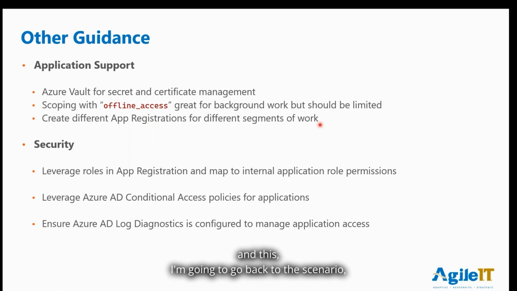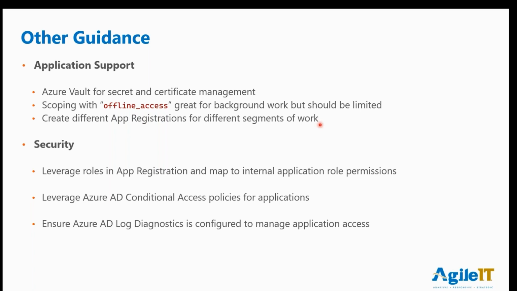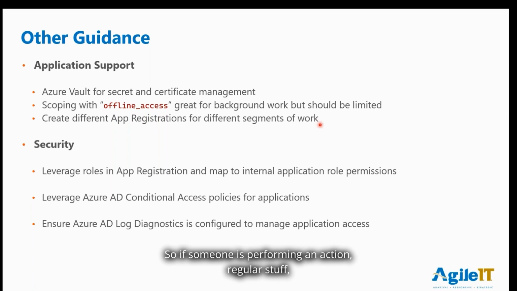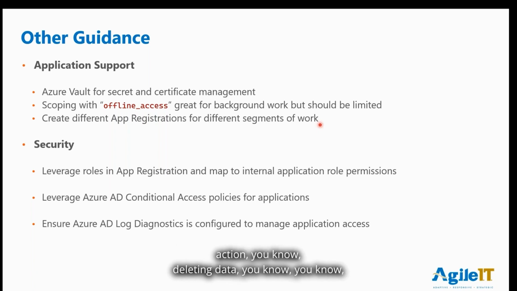On the security side, I'm going to go back to this scenario because there's a couple more things I wanted to go through, and then we'll get to our Q&A. Once you're doing this app registration and managing things, there are additional capabilities that you can code into your application that essentially fire off signals to, let's say, conditional access. So if somebody is performing regular actions, and now that person is going to do a more sensitive action, deleting data, maybe it's an approval of something, you can actually say, hey, I'm going to fire off to conditional access that this is a